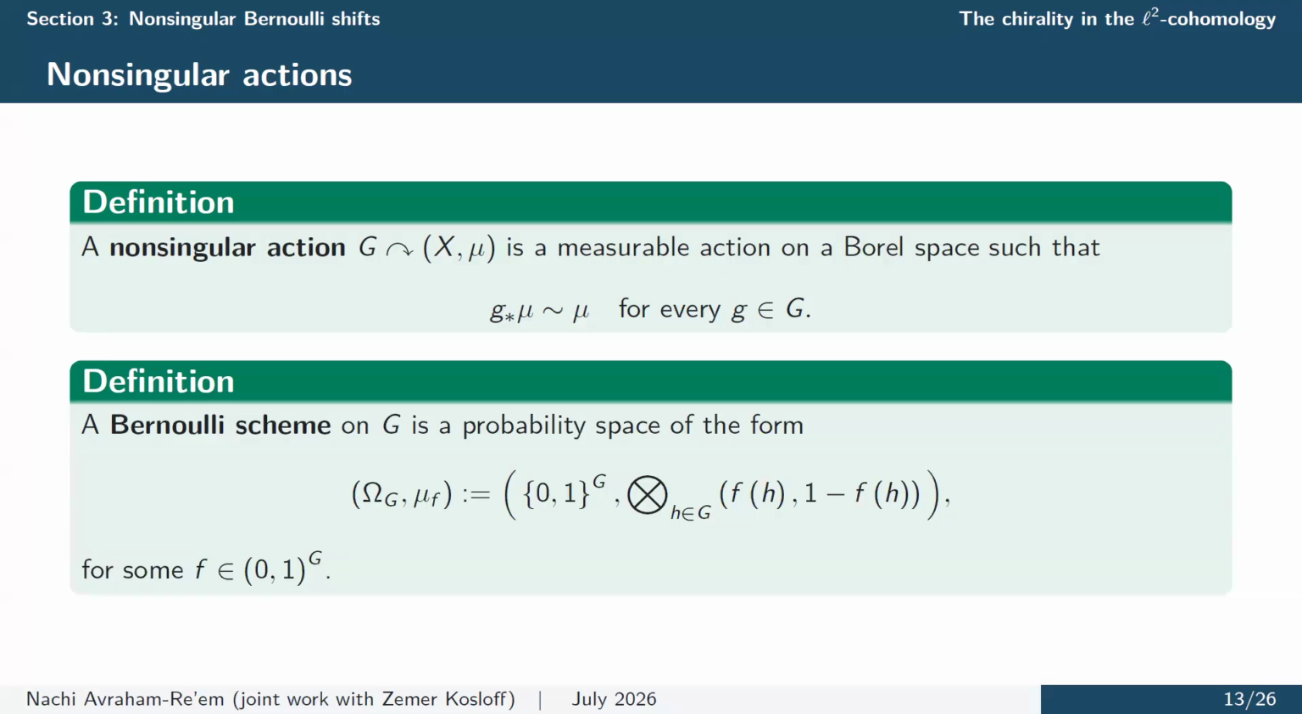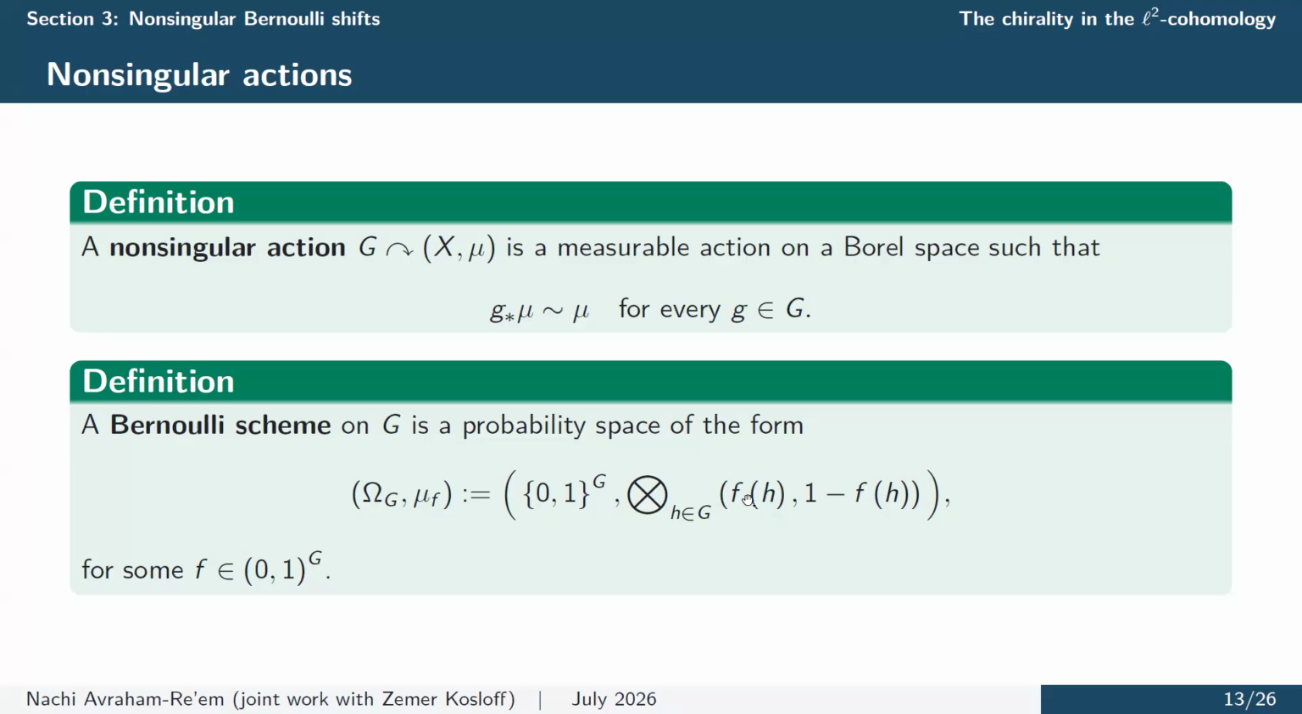Now, let me also suggest a model, the so-called Bernoulli scheme. Like in the non-singular setting, we have the classical setup of probability preserving action, and this is a generalization of it. I'm sure you all know about the classical Bernoulli scheme, just a fair coin toss, but here is a non-singular analog of this. So a Bernoulli scheme on a group G is a probability space of the following form. I'll denote it by Omega sub G. This is just the space {0,1} indexed by G. And I have a product measure on this space,